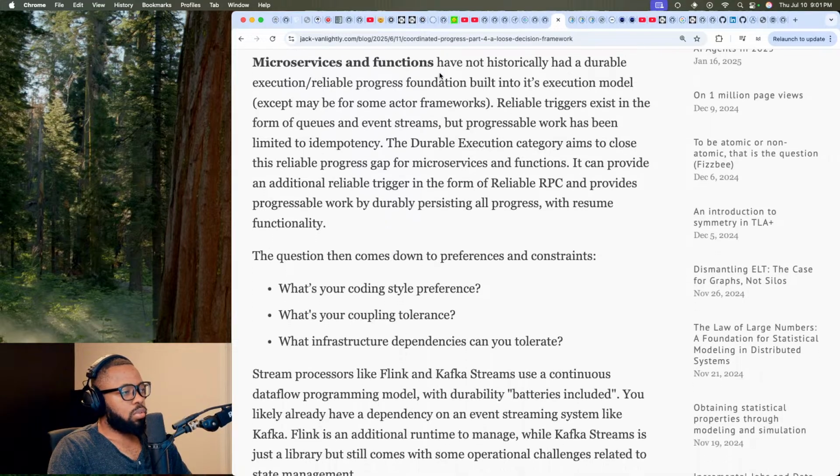Microservices and functions have not historically had a durable execution, reliable progress foundation built into their execution model, except maybe for some actor frameworks. Reliable triggers exist in the form of queues and event streams, but progressible work has been limited to idempotency.